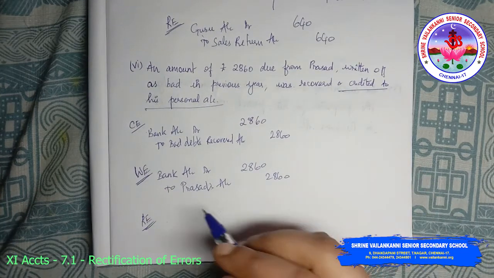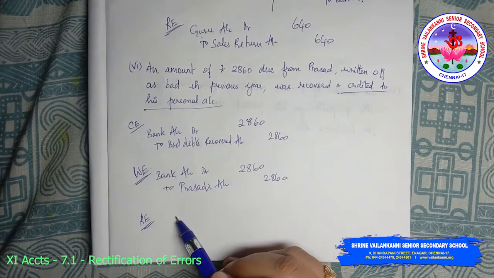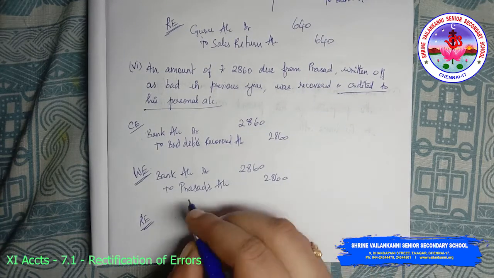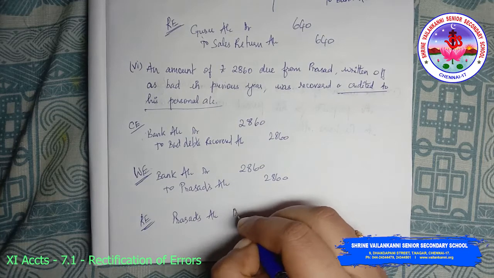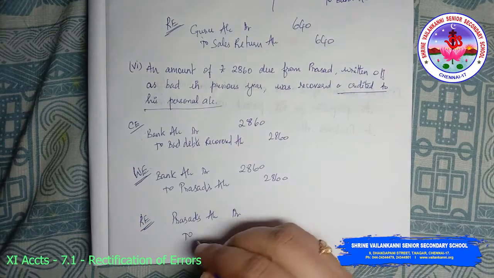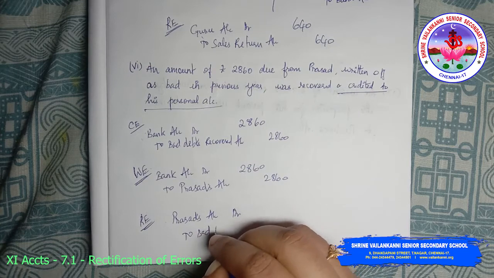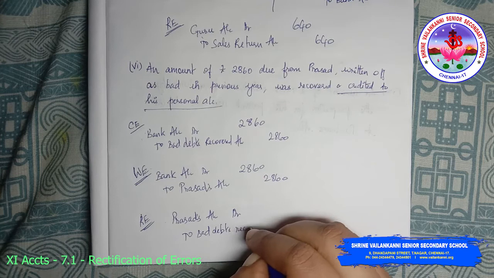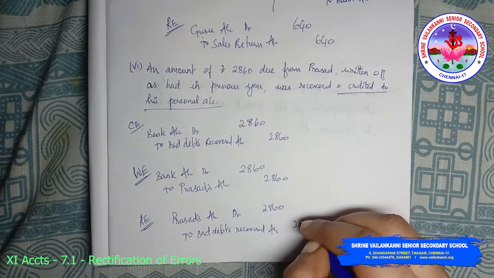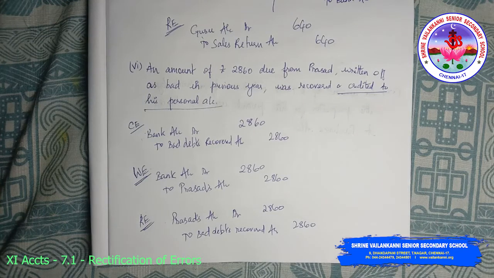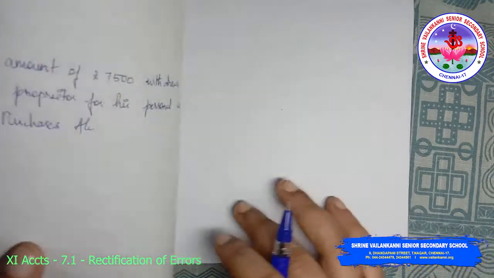Rectifying entry will be, bank is right. So wrong credit has to be debited. Prasad's account debit to correct credit, bad debts recovered account 2,860. So this is the correct entry. Okay, so I hope that this is clear. The next transaction,